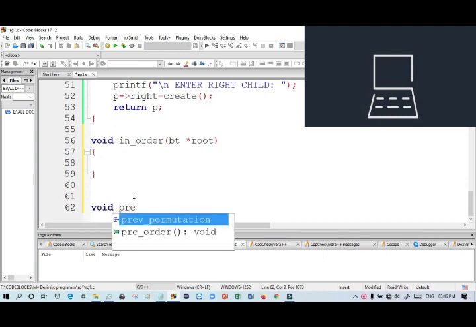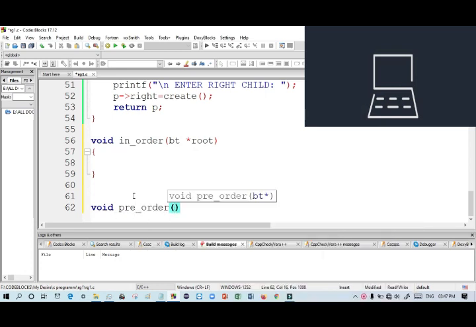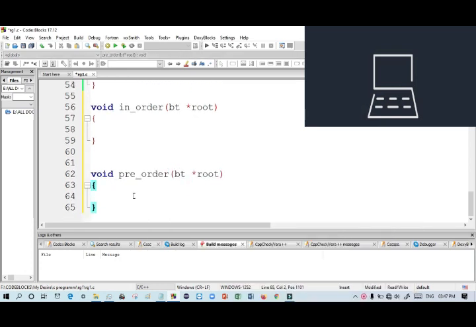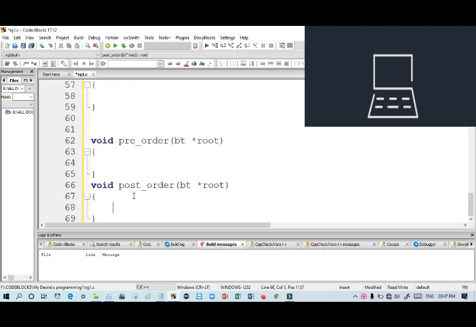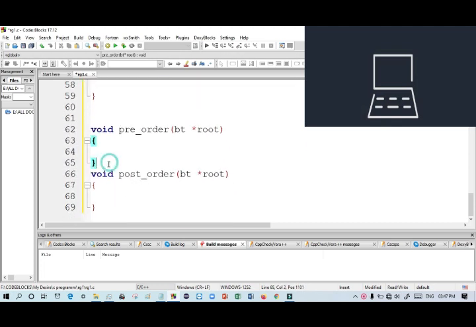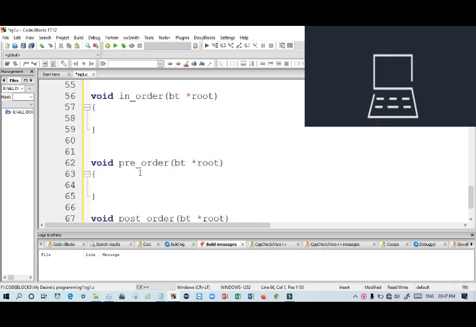Pre-order, BT star root, and then post order. Now I have to write code inside this function.